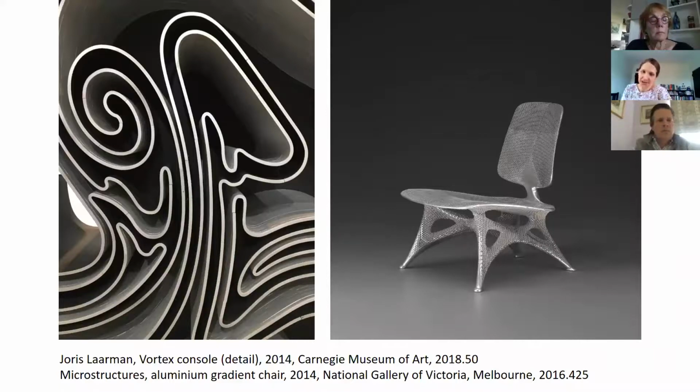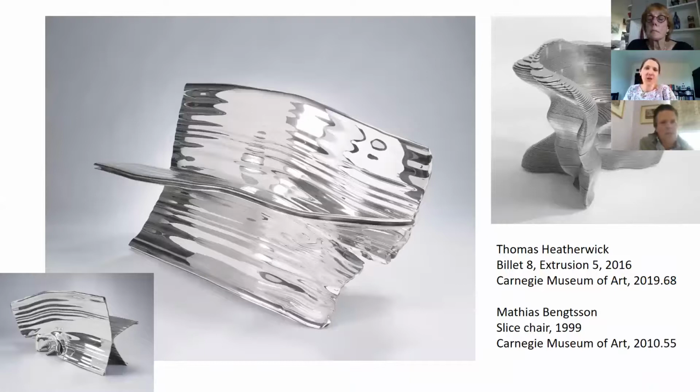This one is in the National Gallery of Victoria, but this is called Microstructures, and Laarman is using a 3D printer, but also an algorithm that changes the density of the way the aluminum is laid down depending on the structural requirements of the particular part of the chair. But they're both blatantly aluminum. And then I think 2 other examples along this line, including a very recent acquisition on the left here. This is the